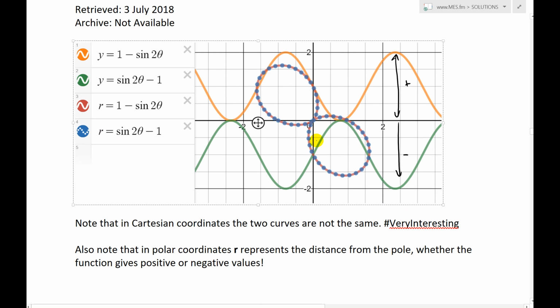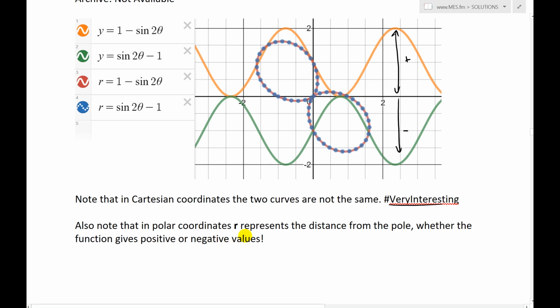So, and it's exactly the same path there. And look at this pretty interesting infinity sign. So note that in Cartesian coordinates, the two curves are not the same. Also note that in polar coordinates, r represents the distance from the pole, whether the function gives